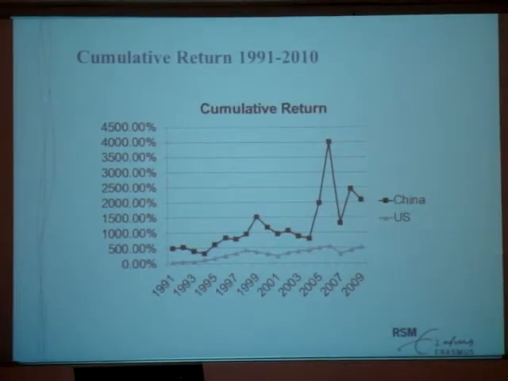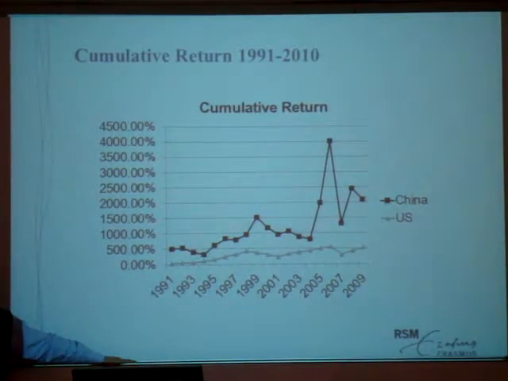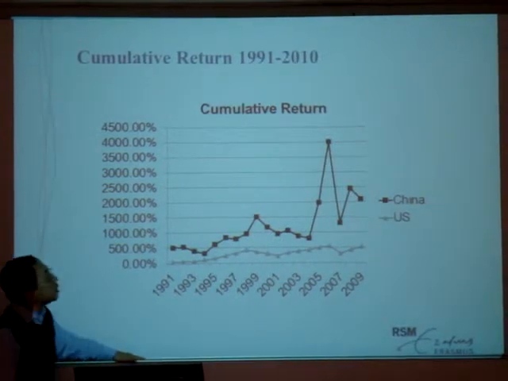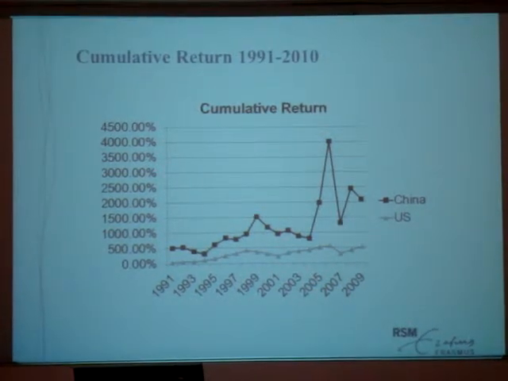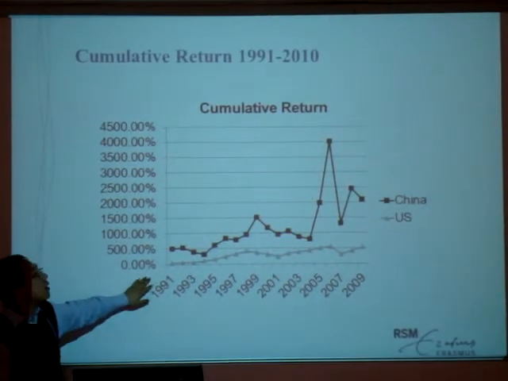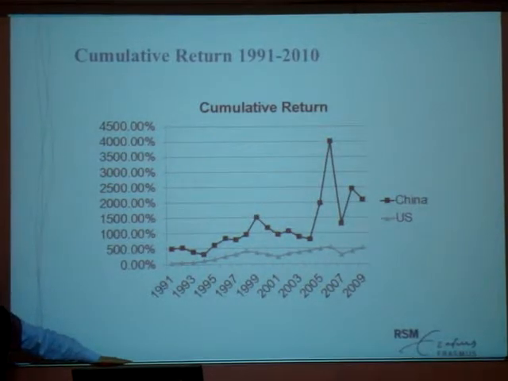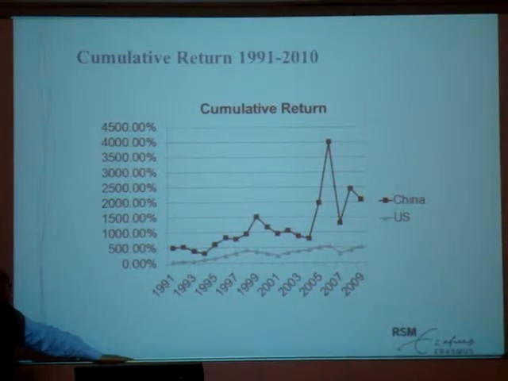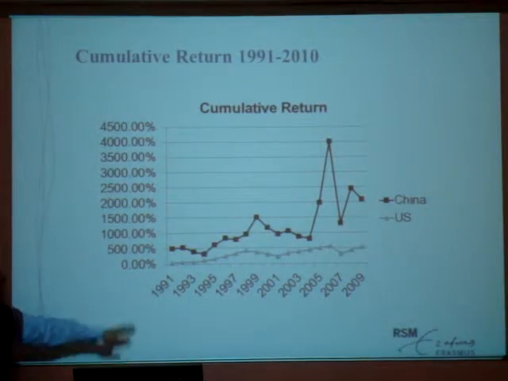So here's a comparison from 1991. The starting point, because the Chinese market kind of started from 1991. So we only have 20 years of data. For US data, we have much longer. So that's a comparison between the China market and US market for cumulative return over these 20 years. If you have $1 at the beginning, for China market you get about, so how much is that? That's $20. For the US it's just $5.